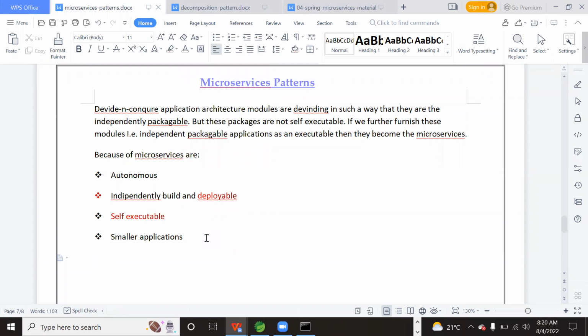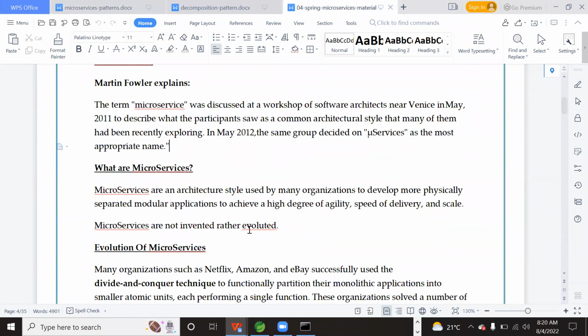Now let us see further about microservices. Microservices are an architectural style used by many organizations to develop more physically separated modular applications to achieve a high degree of agility, meaning lightweight, speed of delivery, and scalability.